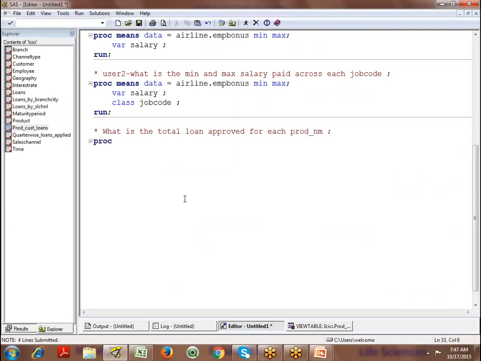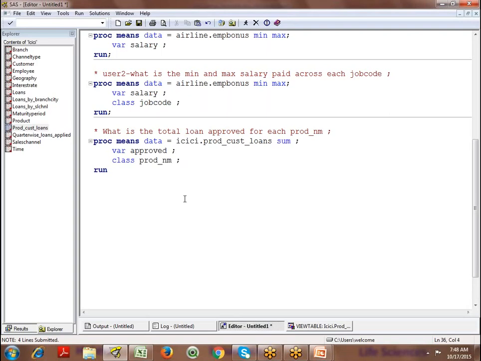So you can see it's the same report. For example, I'm creating a report on loans. What is it I want? I would like to know the total. Total is sum. Like that, you can give any statistic name. Automatically SAS is going to generate the output results for you. You just need to give the shortcut names of the statistics. We'll see in the classes. Then I would like to analyze the total approved amount according to each product name.